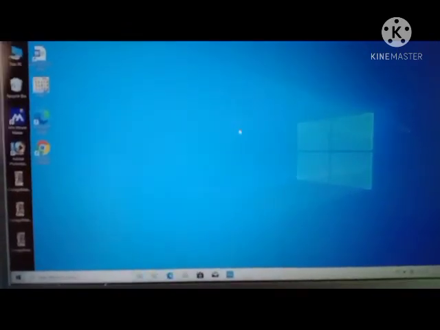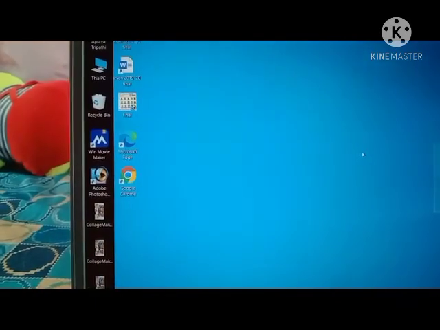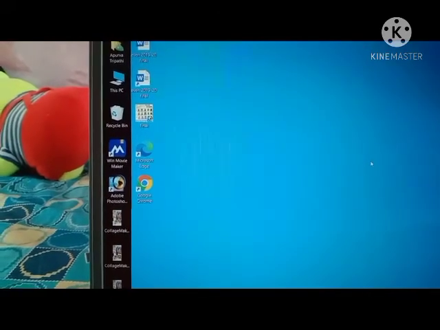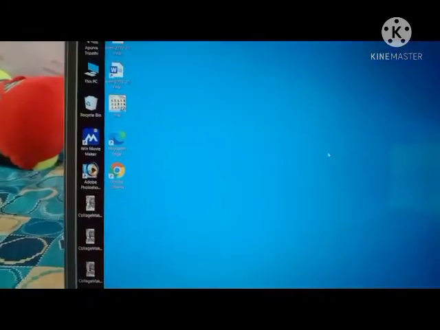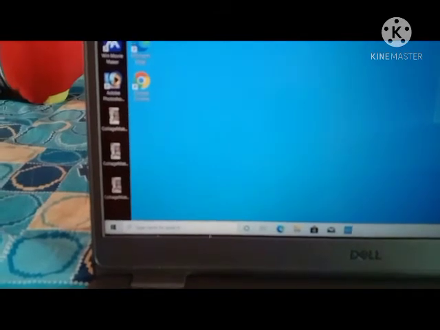Now students, I am going to click on the start menu. Okay? As you can see, the start menu of Windows 10 looks almost like the start menu of Windows 7. But it also contains the features of Windows 8 like live tiles and minimalistic designs and so on. So students, for seeing this, we have to click on the start menu.